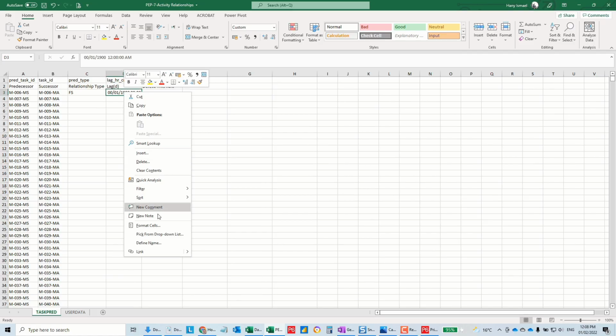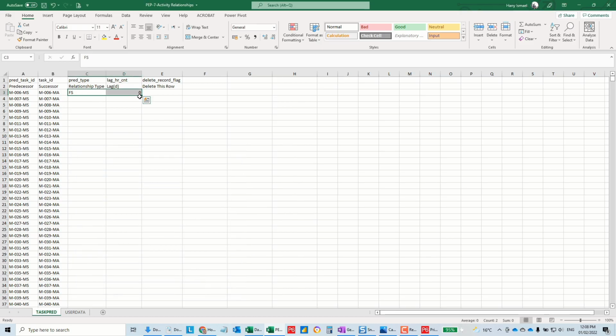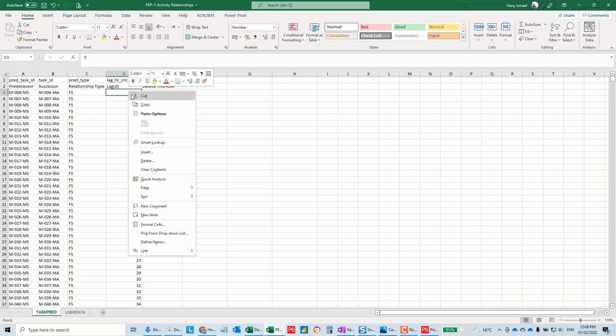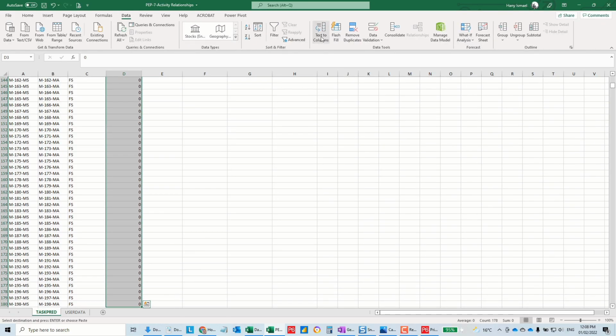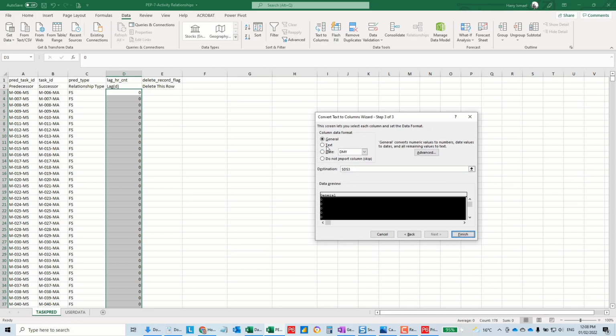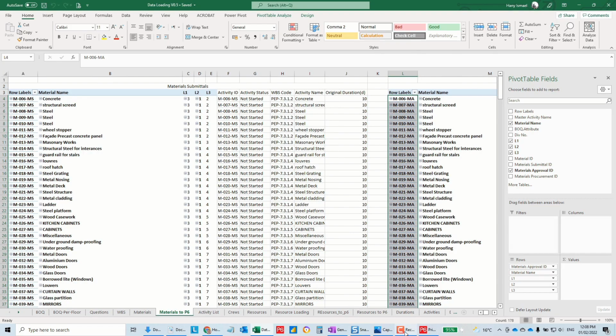Let's be sure that this is a number, no decimals. Double click this one. Again, this Excel is insisting to make it a sequence. Okay, 1, 2, 3. Okay, let's make it text to column, although it is 0, but just to be on the safe side. Okay, now I have this one. Let's save it, close, going to my Primavera,